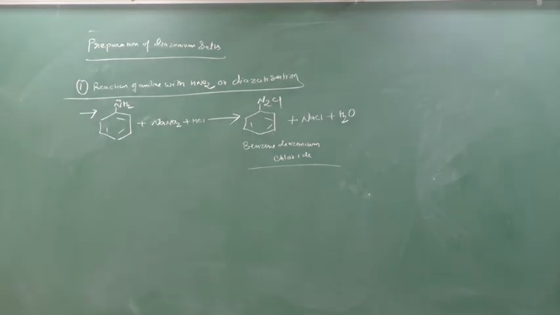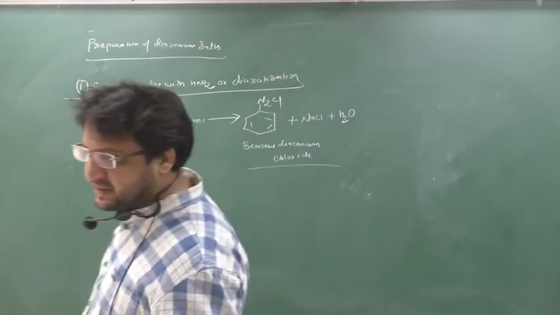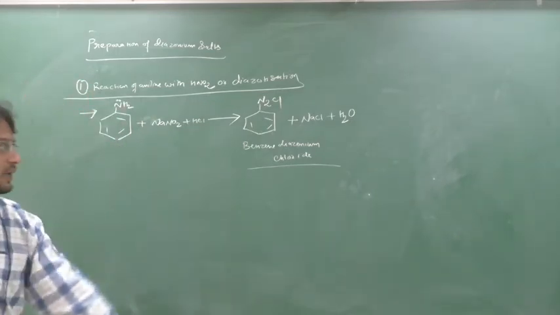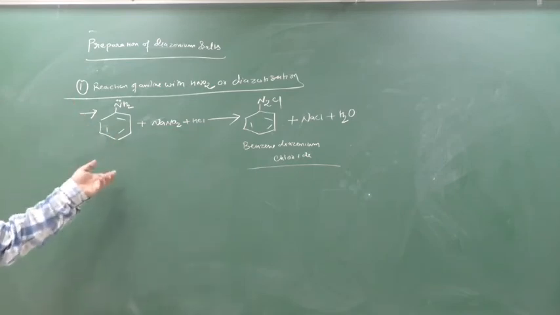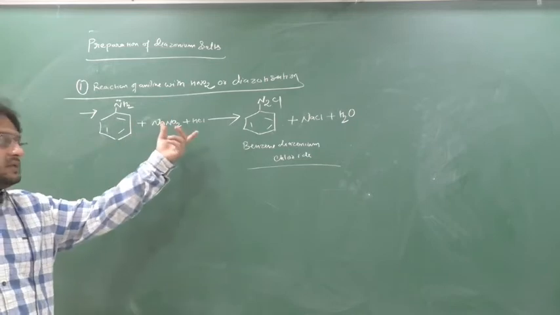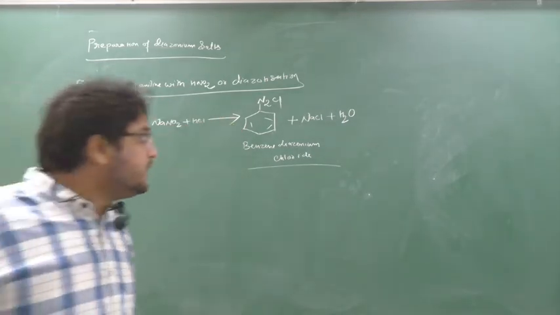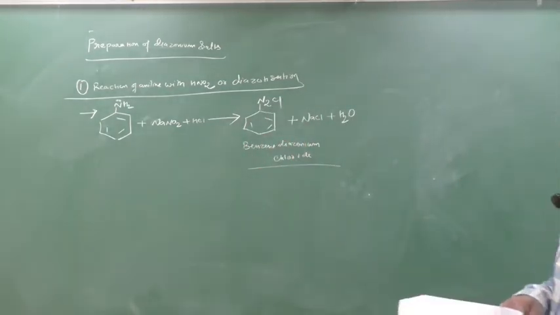Everything related to this topic I have told in my previous video. You can see the reaction with HNO2 that I have done in detail. So the same thing you can add down here also. This reaction you can call either the chemical property of aniline, that is the reaction of aniline with nitrous acid, or you can say diazotization, both are the same. Clear this part? So that's safe. This is also diazotization, and this is also called the reaction of aniline with HNO2.